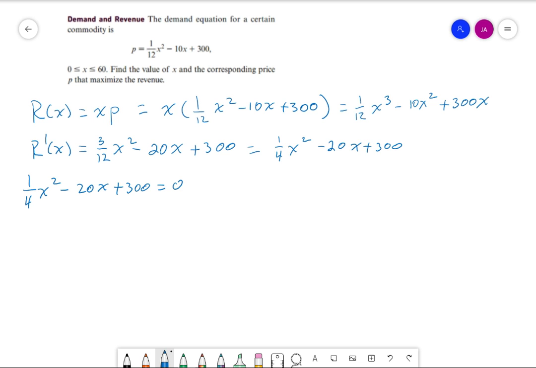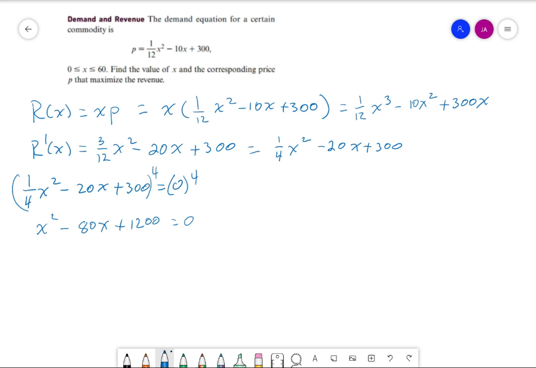At this point you have a choice. You can use the quadratic formula. You could factor it. Actually, if you multiply everything by the denominator of 4, it will factor nicely. And so let's see this. If I multiply both sides by 4, this then gives me x squared minus 80x plus 1,200 is equal to